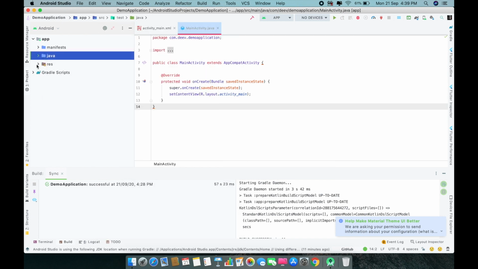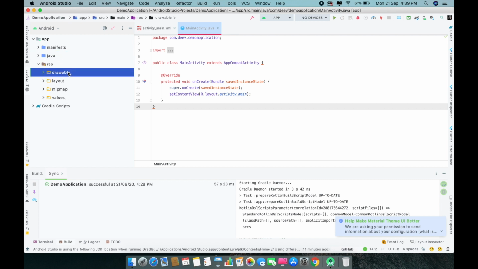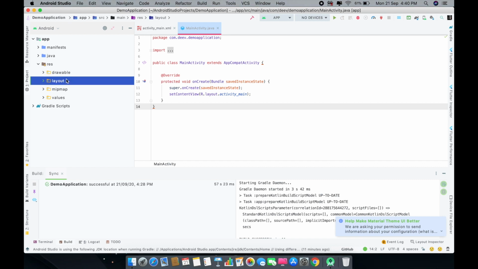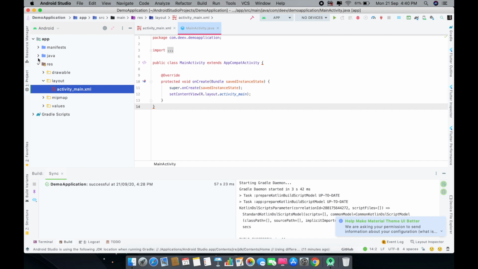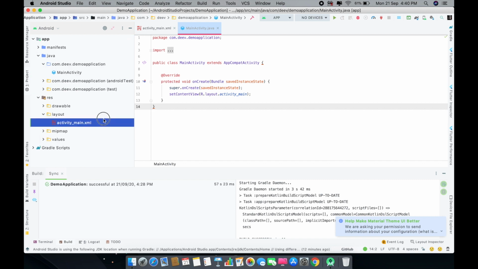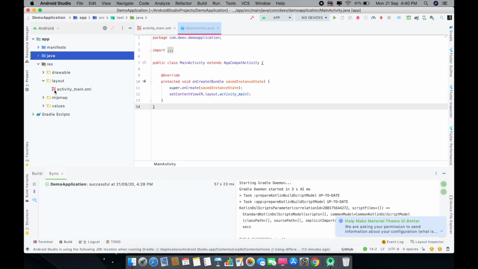Close the Java folder. The next folder is resource folder, or RES, and inside this you can see some folders, namely drawable, layout, map, values. Drawable is used to store every image that you are going to use in our project. The layout folder holds every XML file of the activities that we are using in our project. Every file here corresponds to some activity, and they cannot be independent. You have to attach them to some activities, or they will not work inside your application. Close it. The next folder is map folder, which holds the application icon that you are going to use for your application.